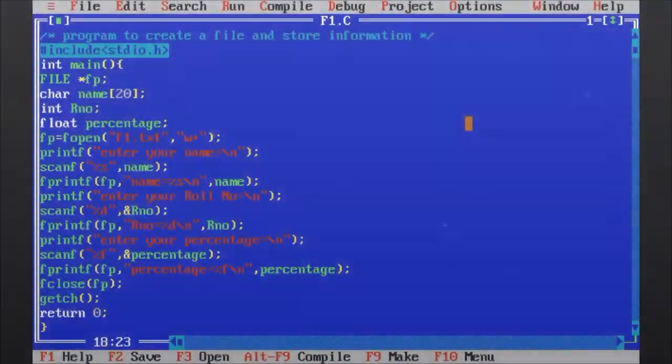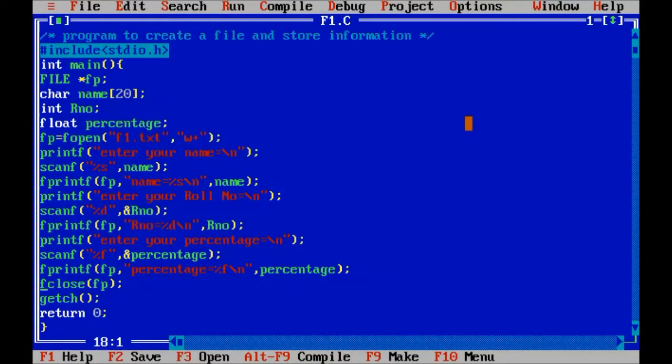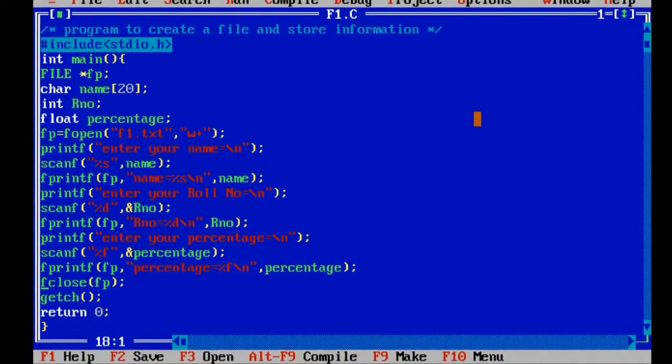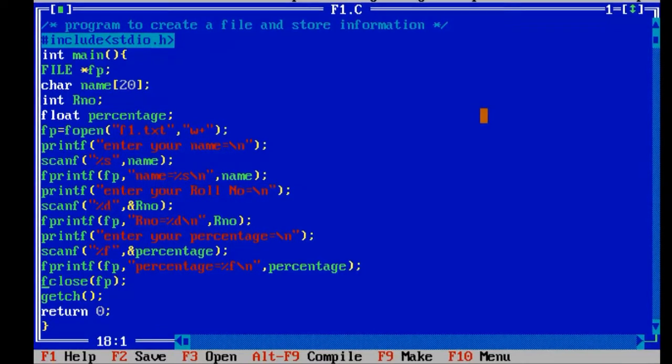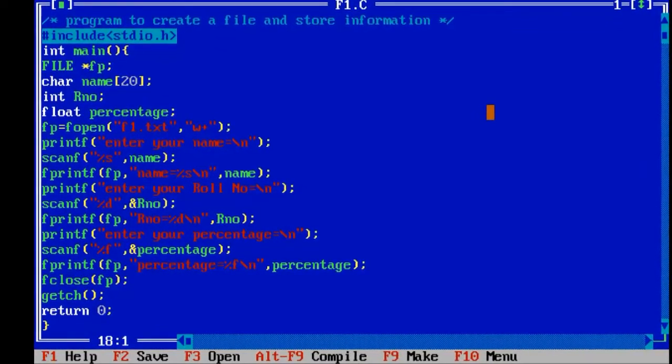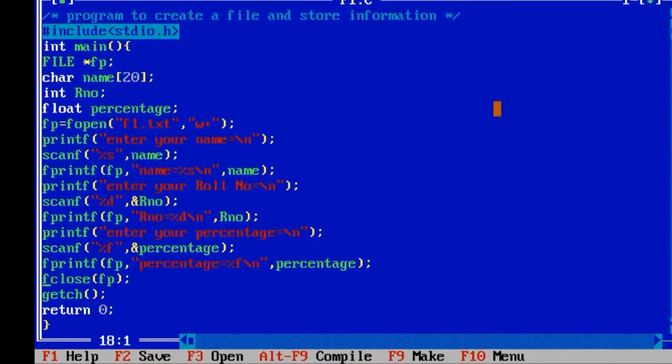After finishing the program, when you are working with files, please remember that you need to close the file pointer, otherwise the information may be deleted. In every file program the last statement should be closing the fp. So I am using this fclose function to close my file.